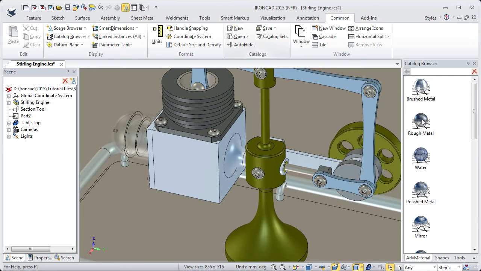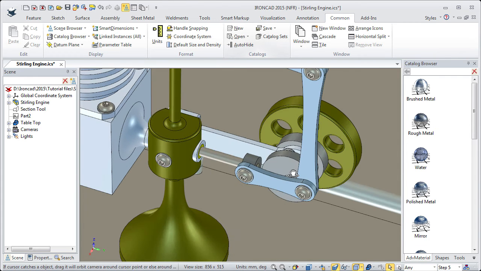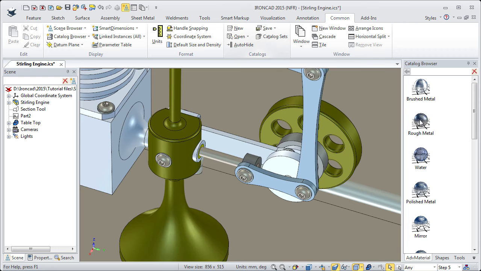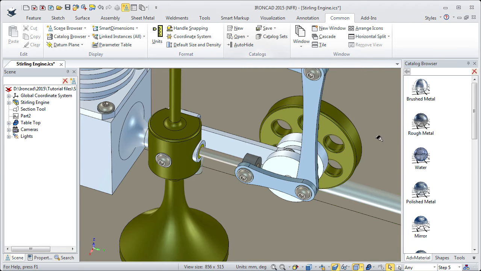Then I will use rough metal, drop it on the cylinder, and also on the crank disc. Click yes here, and on the bearing holder, and also on the joint,